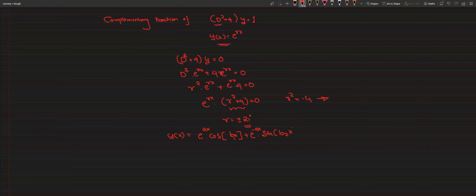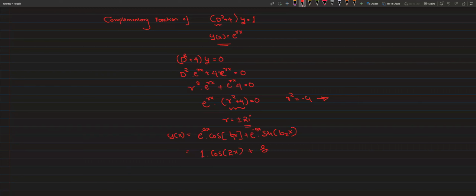Here a is the real part and b is the imaginary part. So the real part is 0 for both, so this is 1. The imaginary part gives cos of 2x